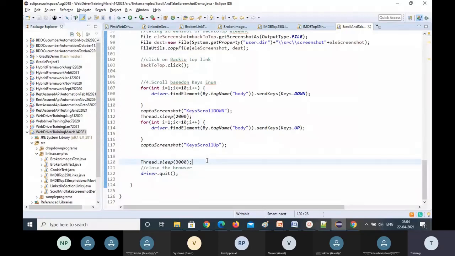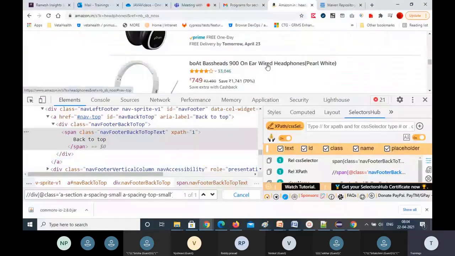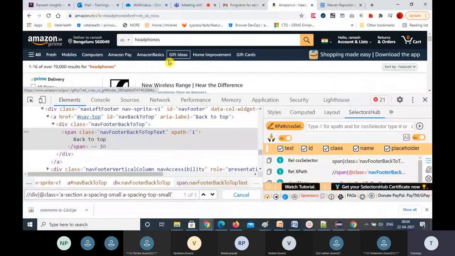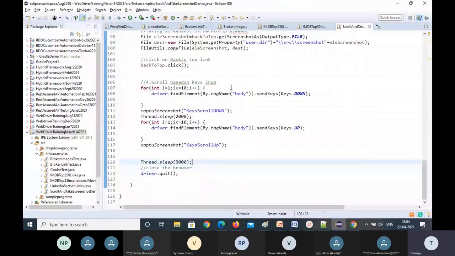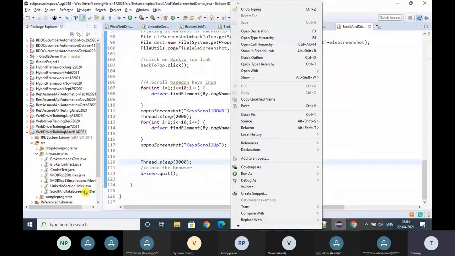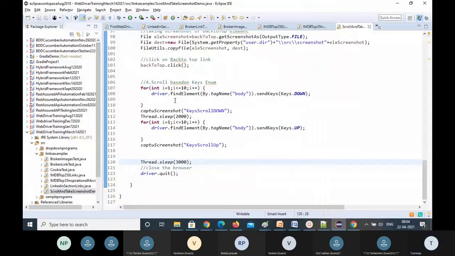Even a particular section also you can take the screenshot. So maybe you want a particular section, you can take the screenshot. Entire this part. So this entire div you can identify as a web element. You can take the screenshot. Call the get screenshot as method. It will take the screenshot. So let's run this. Then we can close the class today.